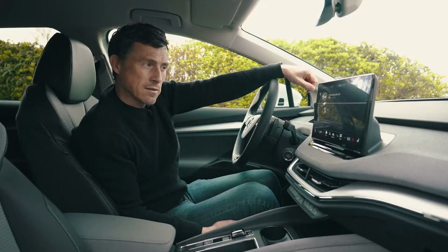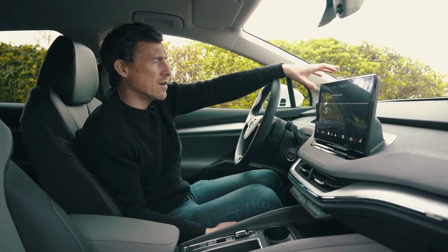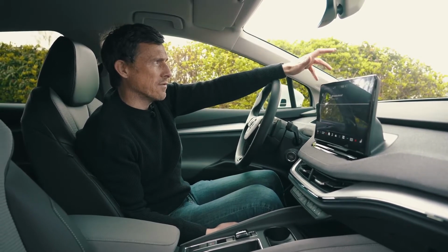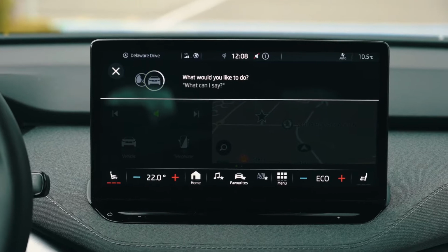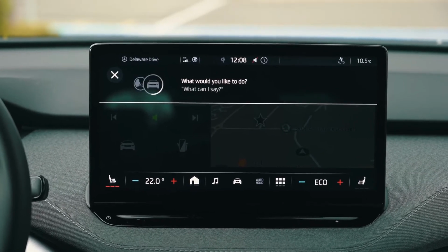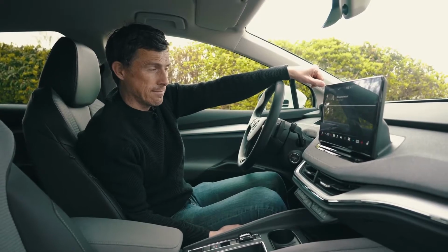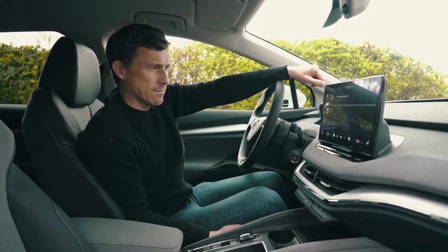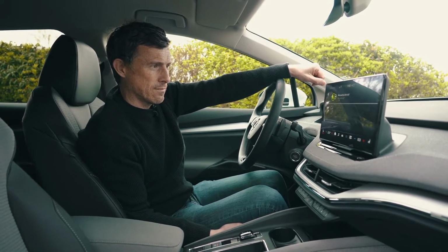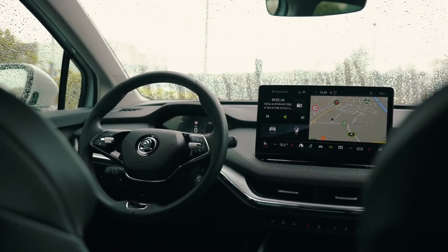Hey Laura. What would you like to do? Can you tell me if the Skoda Enyaq is better than a Volkswagen ID4? Just thinking about it. One moment, please. Still? Sorry. Just sorry. That's it. Anyway, you get a digital driver's display standard, though this is quite a bit smaller than